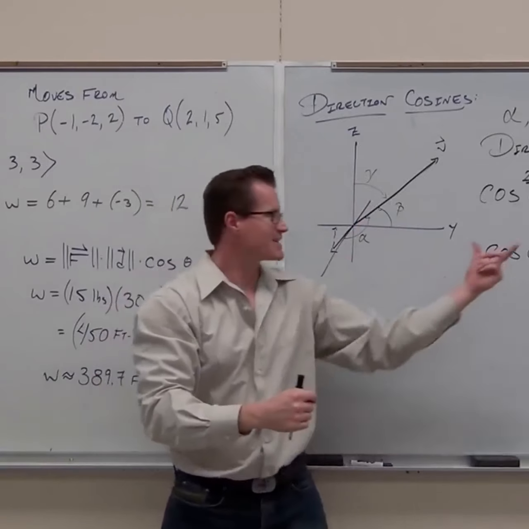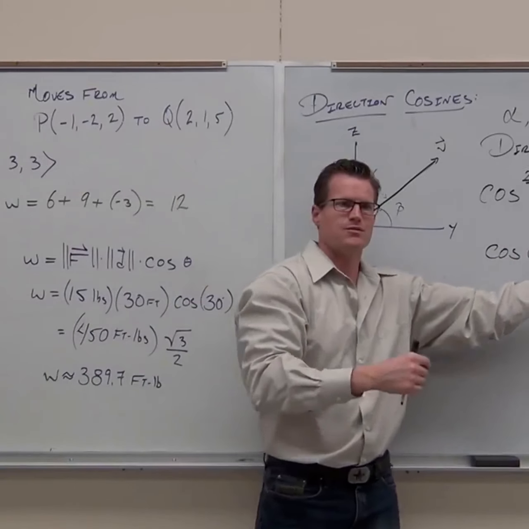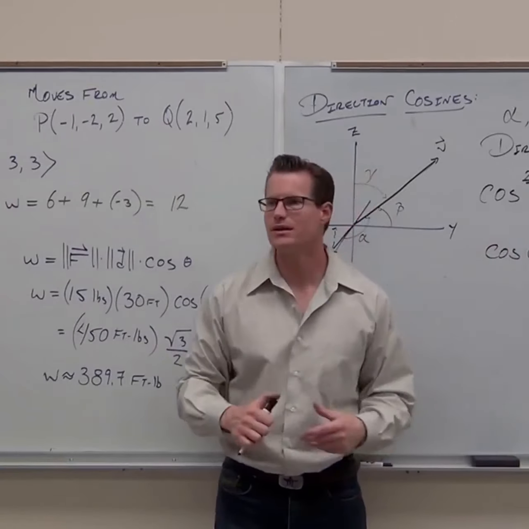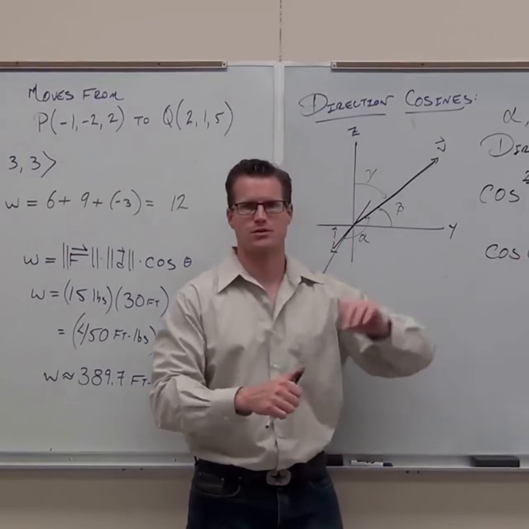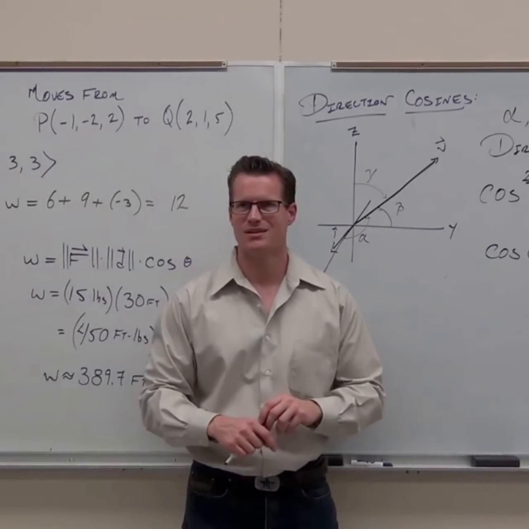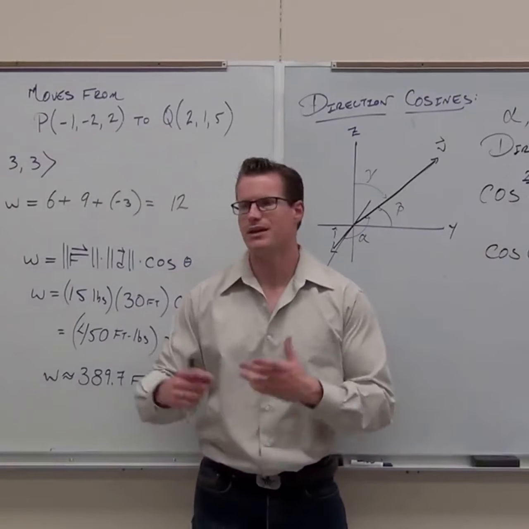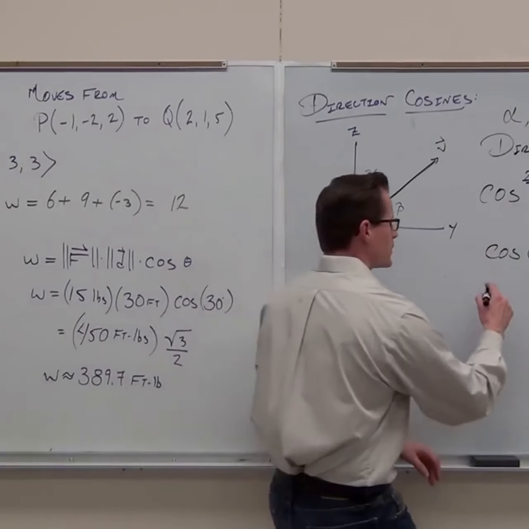You guys see it? That's the x component of the vector divided by the magnitude. That's literally what a right triangle does. This is adjacent over hypotenuse. Done. Did you guys see it? A lot of proof for it, but it's just adjacent. And so what that means for us,